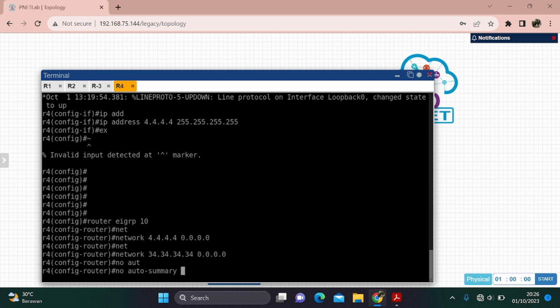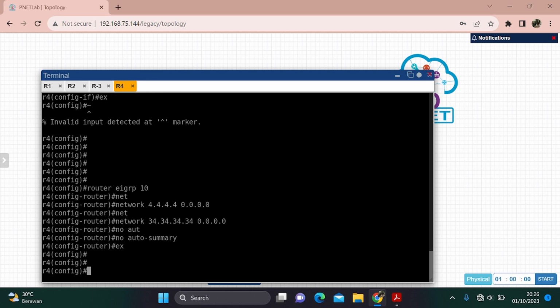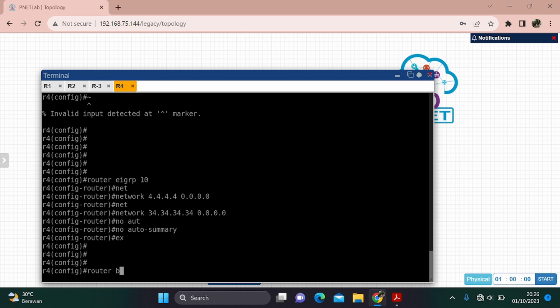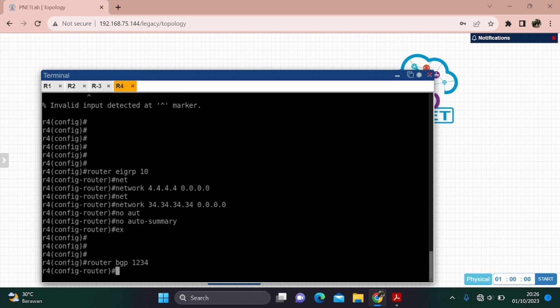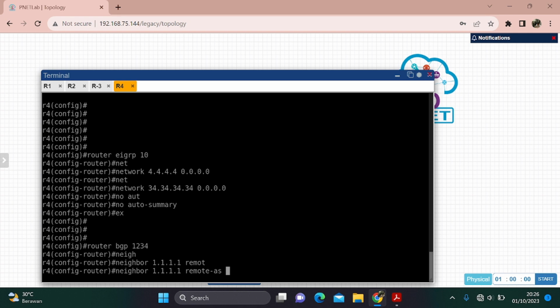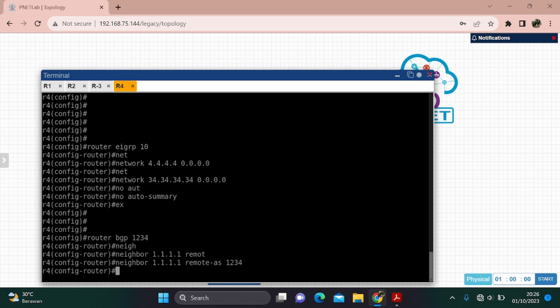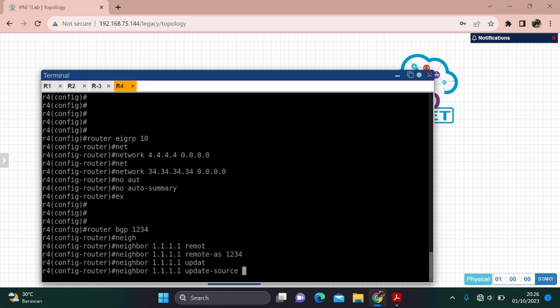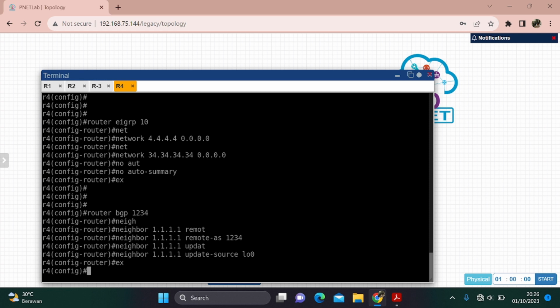Then no auto-summary, exit, and then router BGP, neighbor 1.1.1.1, and then the remote AS. Then add the update source, don't forget. The update source is loopback 0, exit.